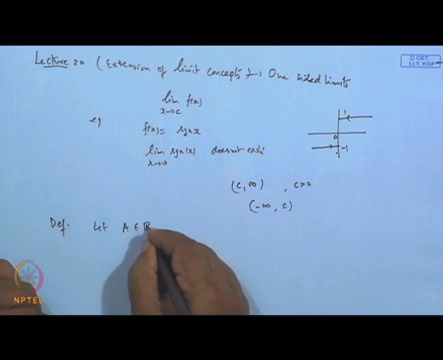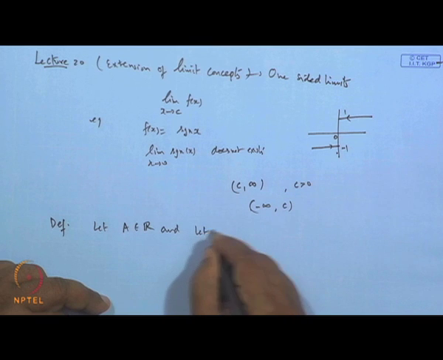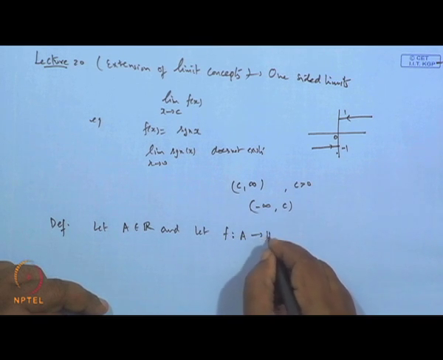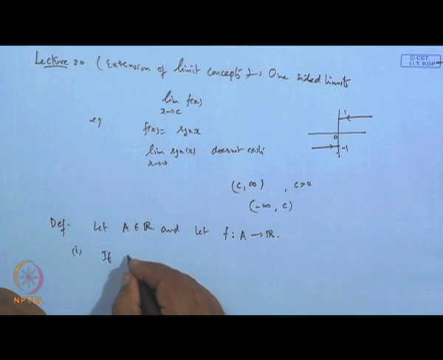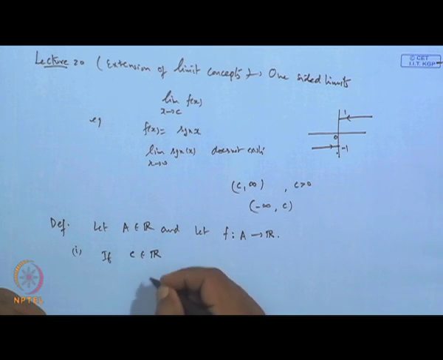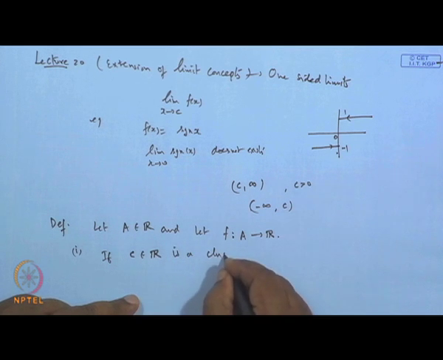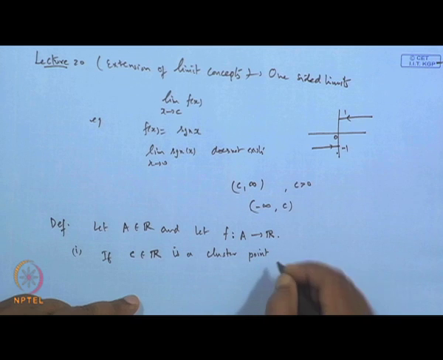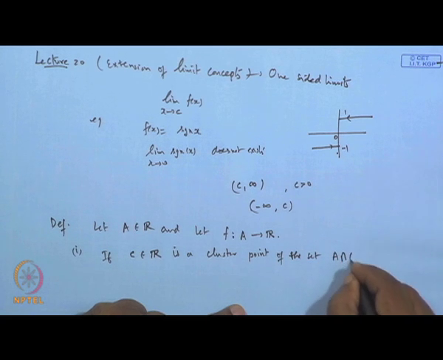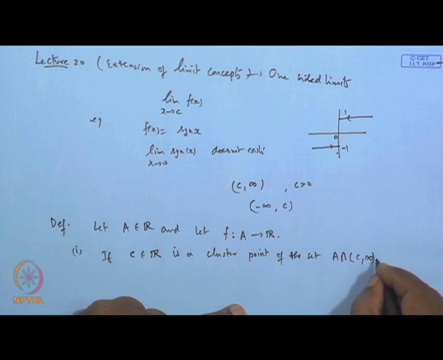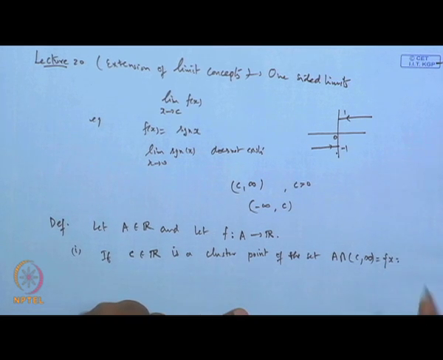So, let me see first, let A belong to R and let f be a mapping from A to R. Then, if c in R is a cluster point of the set A intersection (c, infinity), that is the set of those points x belonging to A such that x is strictly greater than c, then